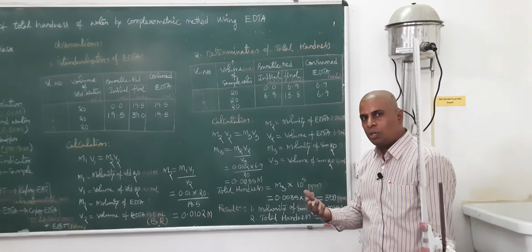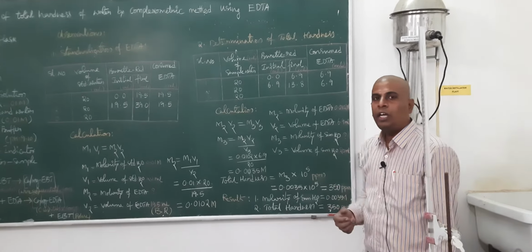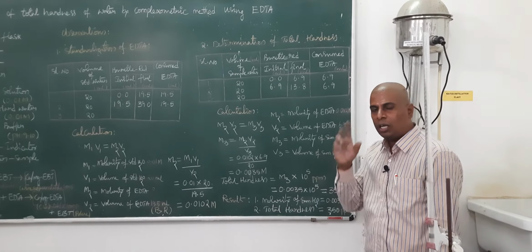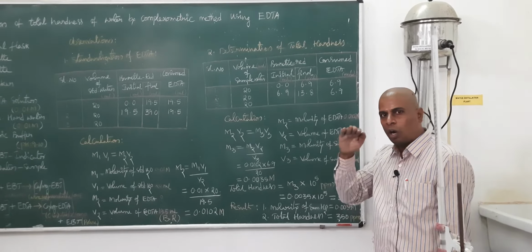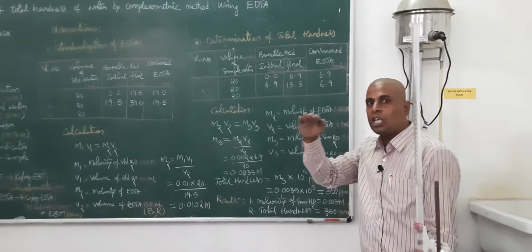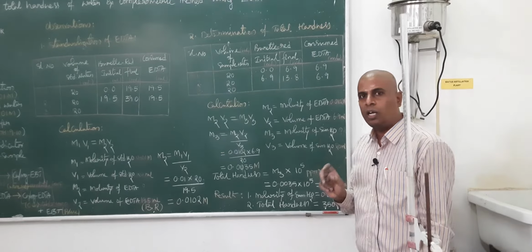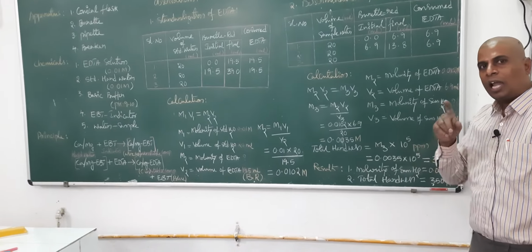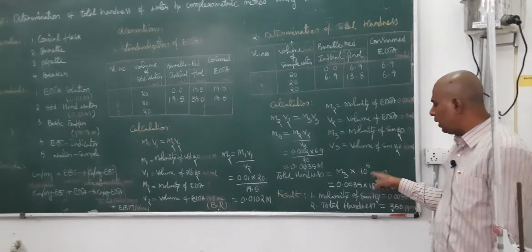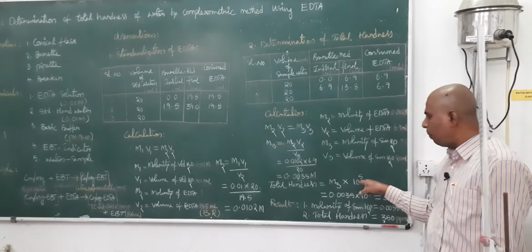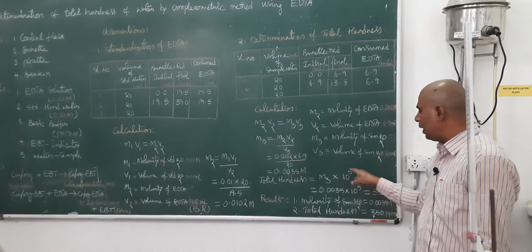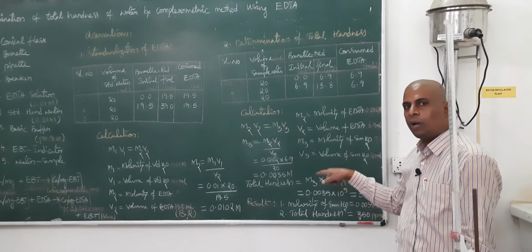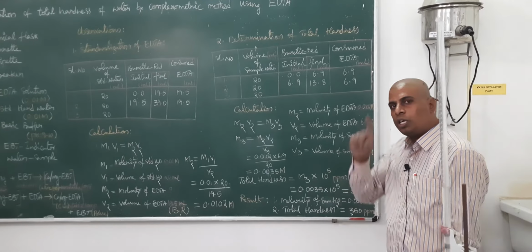Why are we taking CaCO3? Because we should express hardness in terms of calcium carbonate. Calcium carbonate is a salt whose molecular weight is a round whole number, and it is insoluble, so any hardness-causing salt we express in terms of calcium carbonate, that is 100, and we are calculating for 1 liter, so we take 1000. When you simplify 100 into 1000, we get 10 to the power of 5. So 10 to the power of 5 is 100 into 1000, where 100 is the molecular weight of CaCO3 and 1000 is 1 liter.